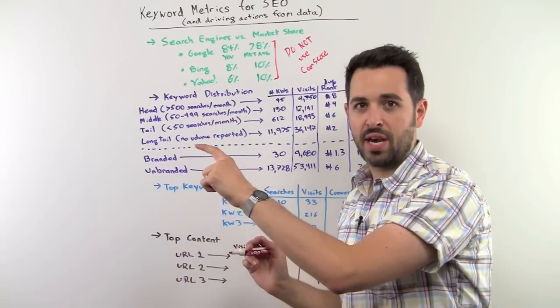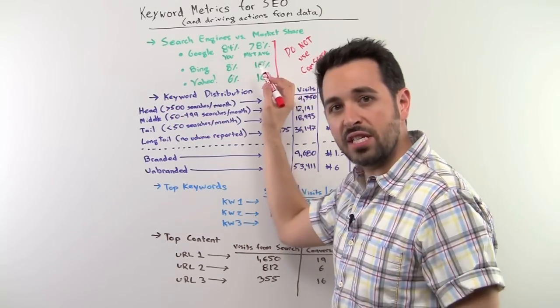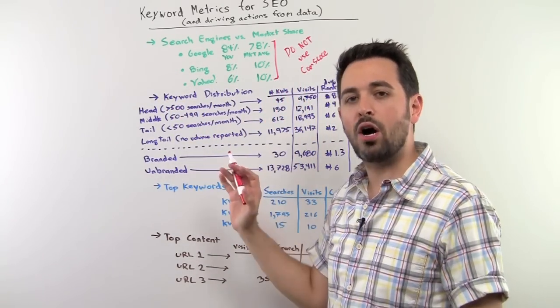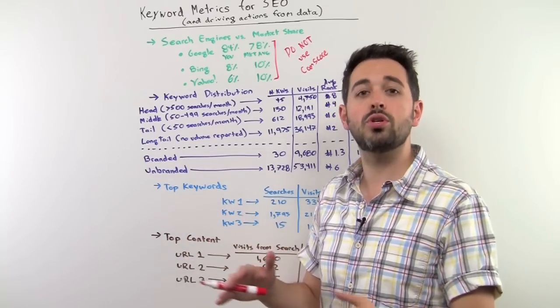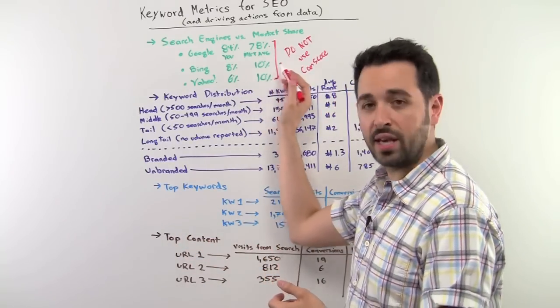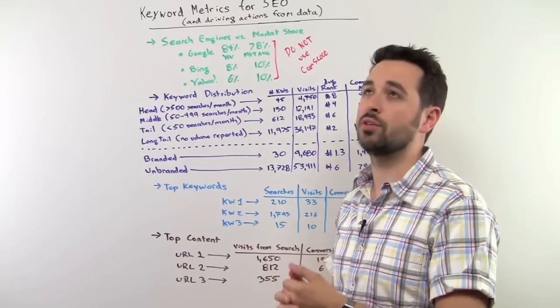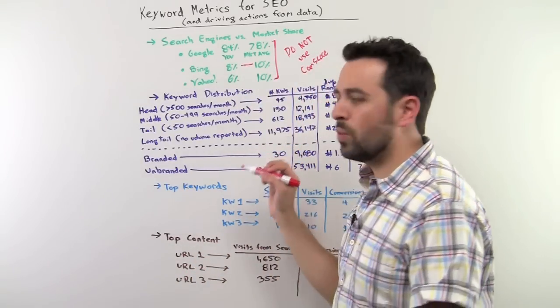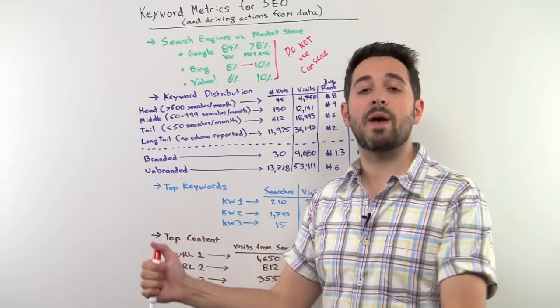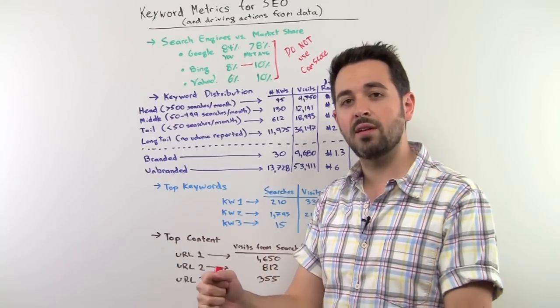The action that you take once you see one of these is, if your market share numbers are way off, and you think they're way off for your sector, right? So you could use some scoring against some competition. You could use something like Hitwise to determine that. You would want to say, oh, you know what? We are low on Bing. We're going to expend extra effort to try and get traffic from Bing.